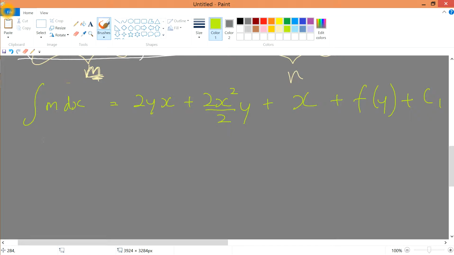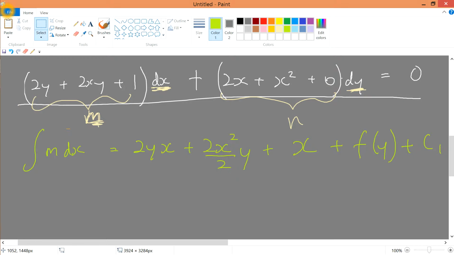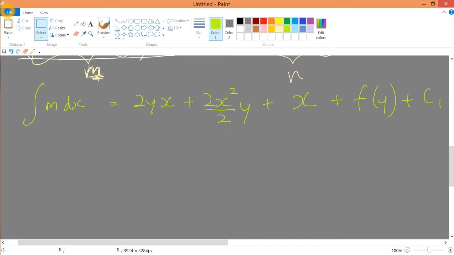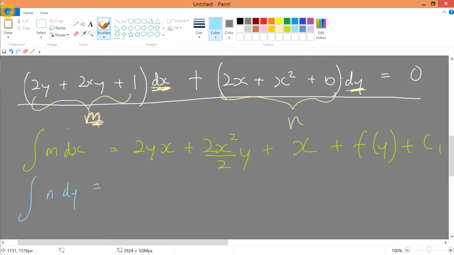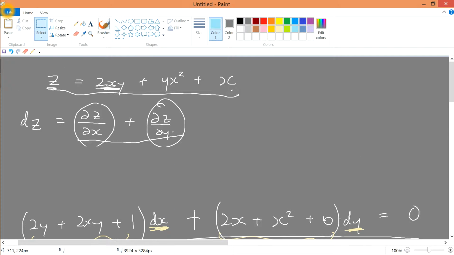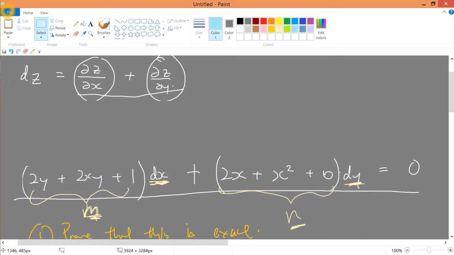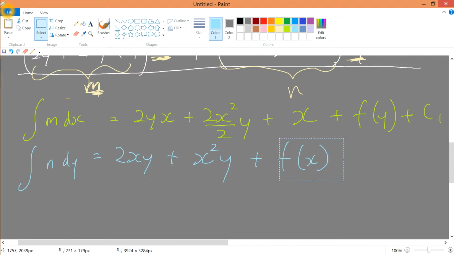C1. Now I have to integrate n in terms of dy. I'll use a slightly different color. N dy is equal to 2xy plus x squared y. I'm just filling it up with y only. And then 0 is just 0, plus some function of f(x), because you can see already that when we differentiate in terms of y, x is gone, so therefore we include some function of x in case you have something,